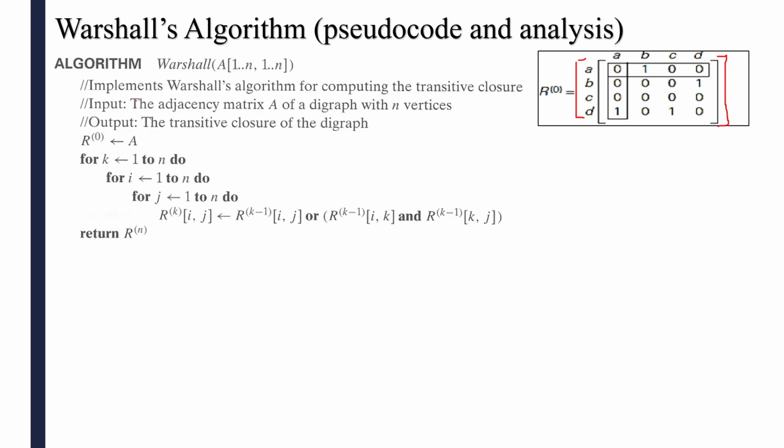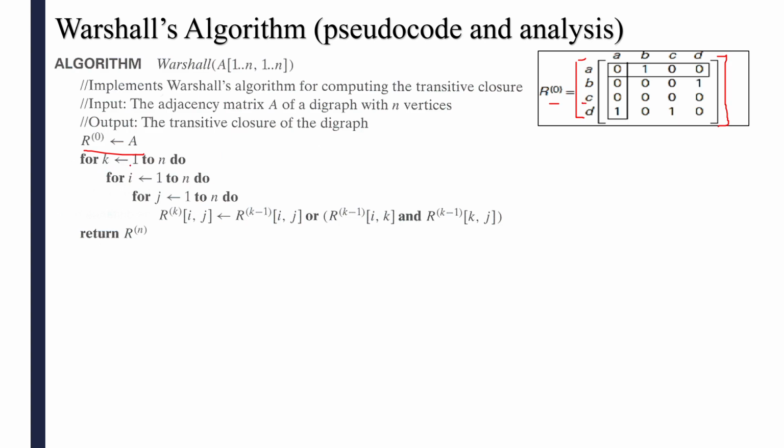in your program implementation. And now the thing is what? This is the adjacency matrix. Adjacency matrix means if a direct edge is there from every vertex to the remaining vertices, then you take that as a 1, otherwise it is 0 here. And that is what? R0 is what? You are directly taking R0 as the adjacency matrix.